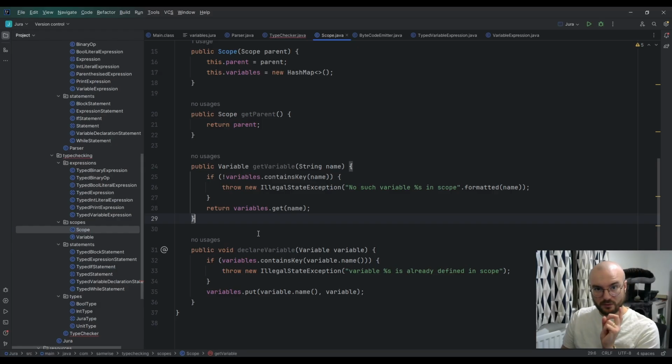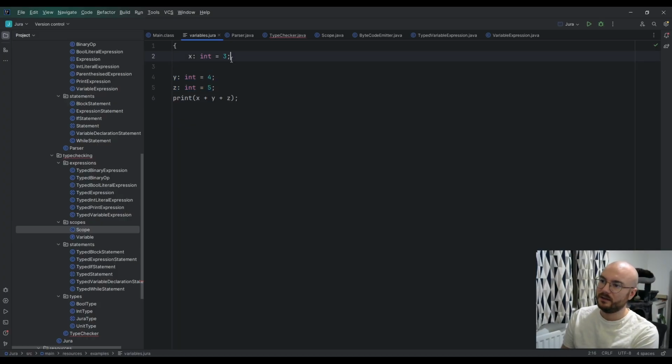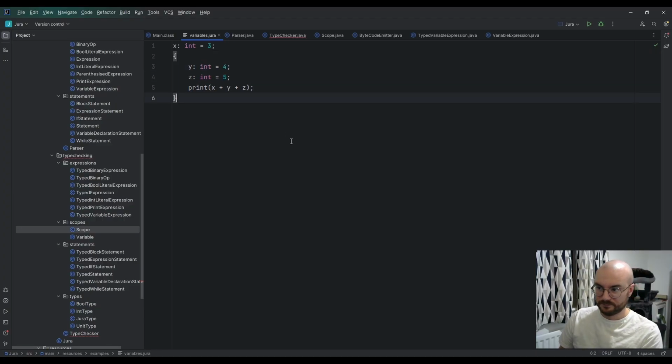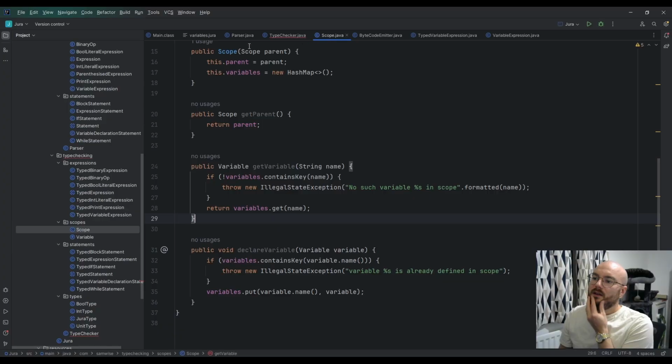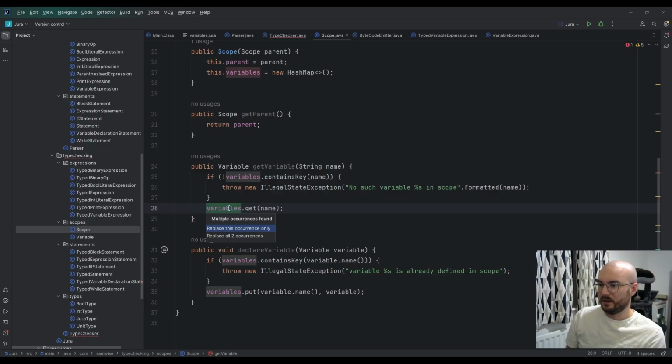However, that's also not everything, because imagine, if you will, we had a situation like this. This is valid because we're referencing X, which is in an outer scope, in an inner scope, which is fine. We're allowed to do that. But if we do it like this, we're only checking the current variables. So what we want to do is